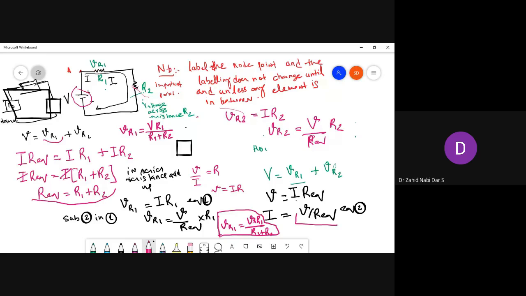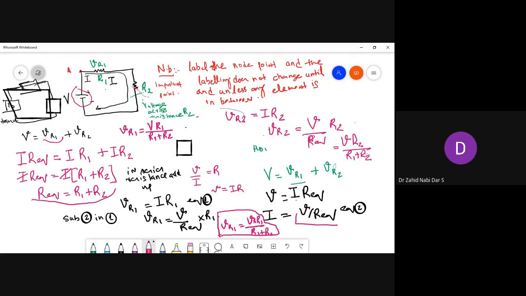Now what is R equivalent? R1 plus R2. So you can write V into R2 upon R1 plus R2. So one thing is that in the voltage division rule, if you have to see the voltage over here, that is voltage multiplied by R2 divided by its equivalent resistance, so you don't have to calculate the current. Okay, now